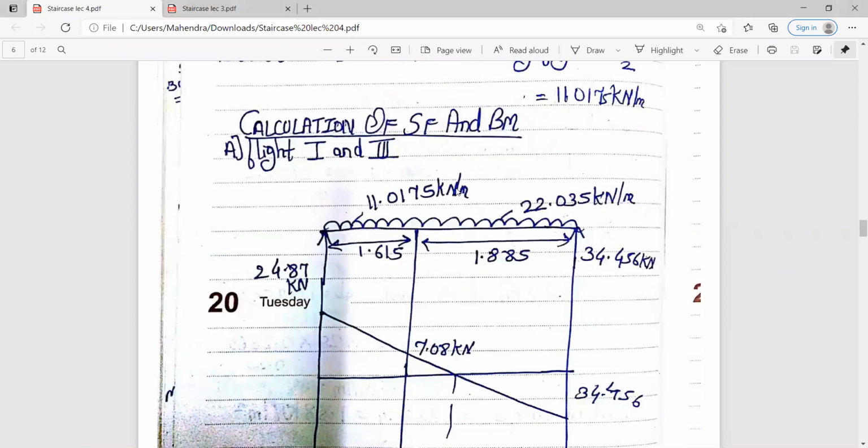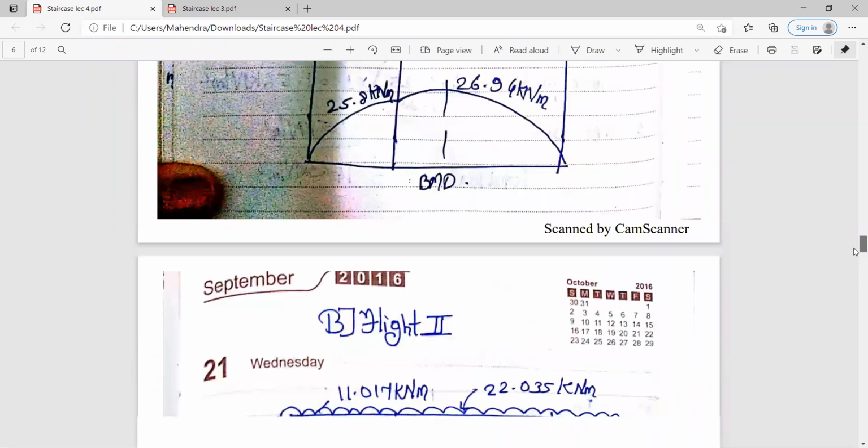This is for flight 1 and 3. All these calculations are for flight 1 and 3. So as for flight 1 and 3, SFD and BMD will also be the same. Then for flight 2,